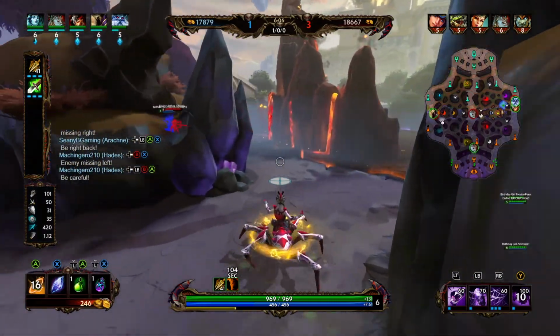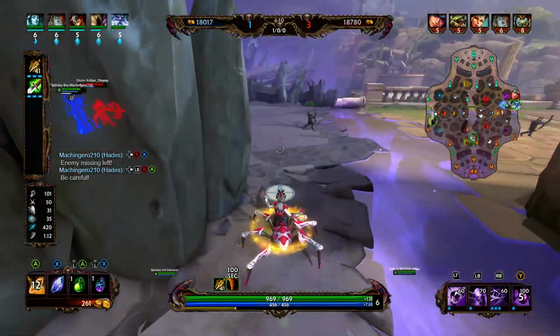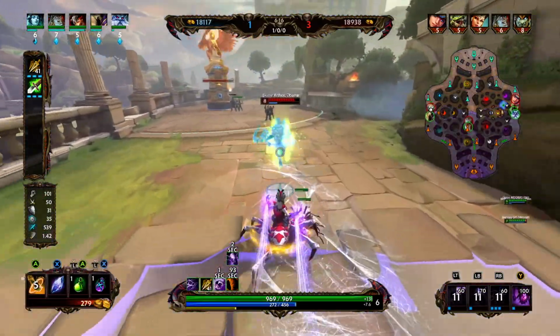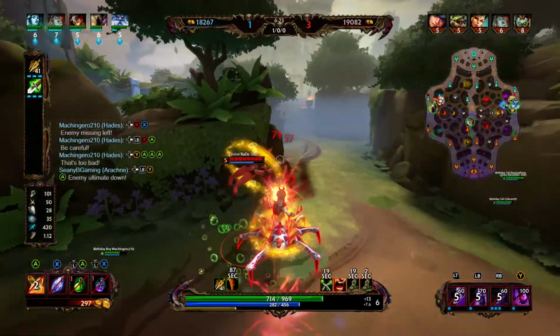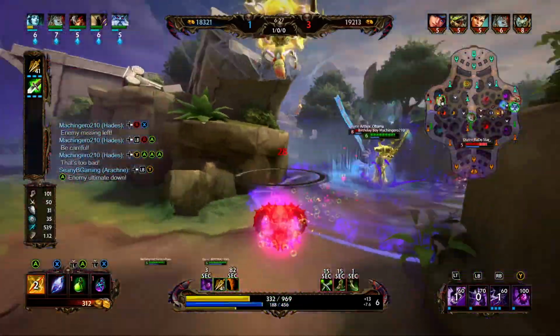We're going to show face left lane, see if there's anything we can do to this Osiris. He does have his full ethereal form right now, so he takes reduced damage. Probably not the best time to try to engage him. Sir Ket comes, blows me up. I'm going to